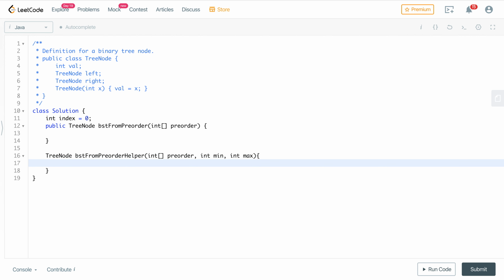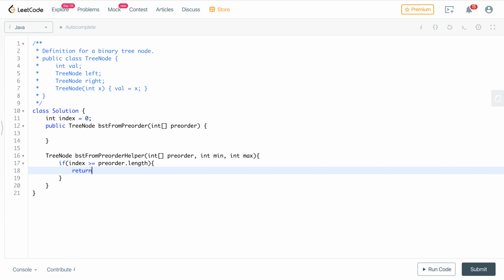Over here, there is a base case. In case the value of index is greater than or equal to pre-order dot length, in that case you can simply return null. This is very simple.